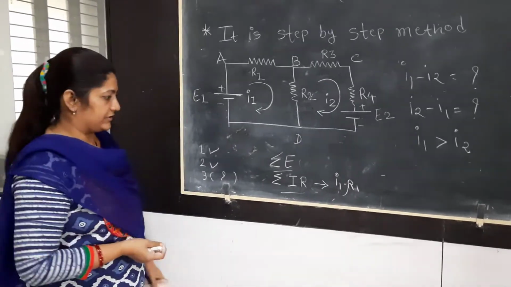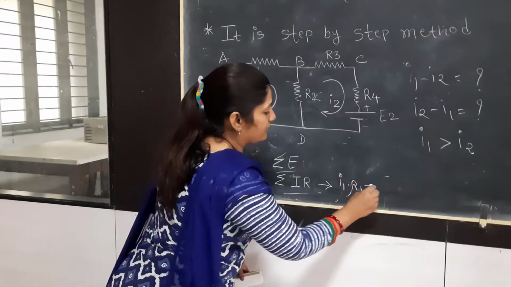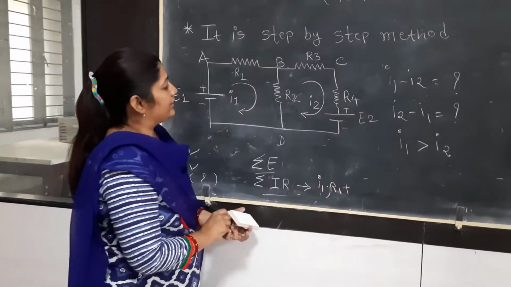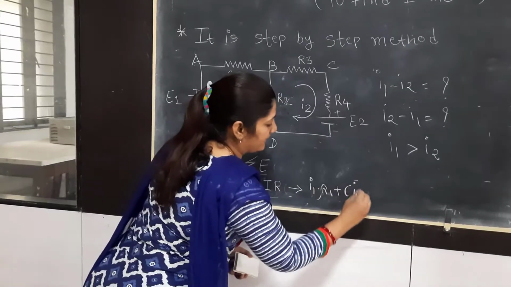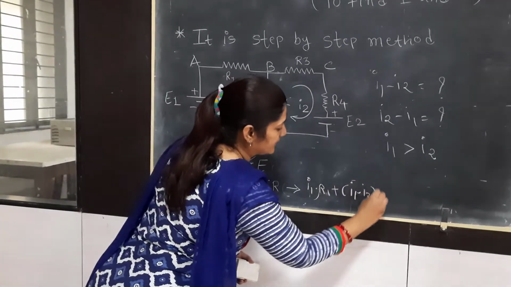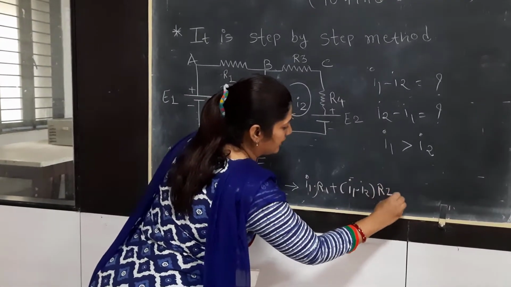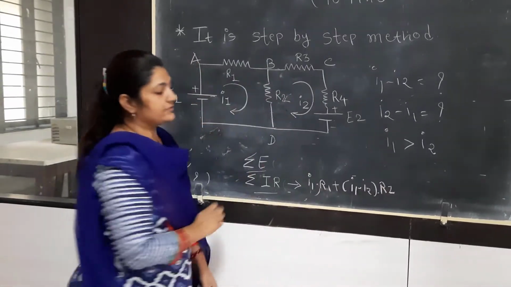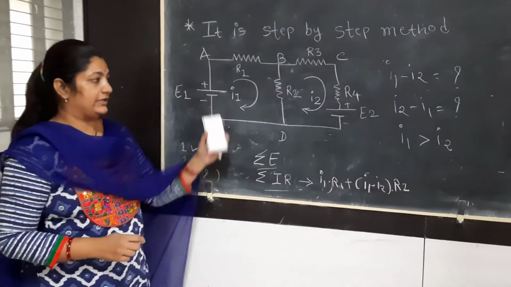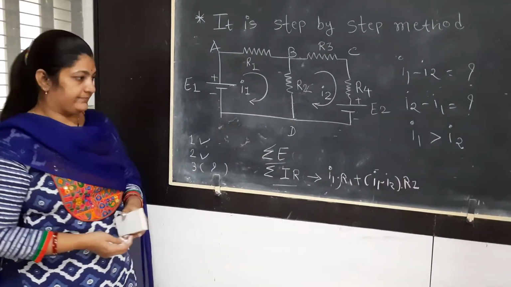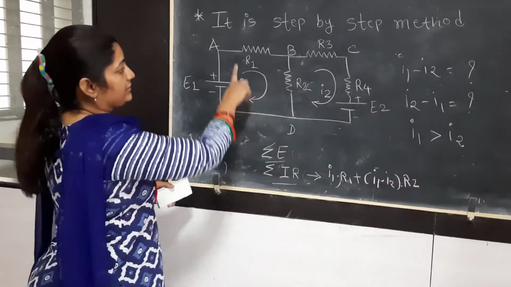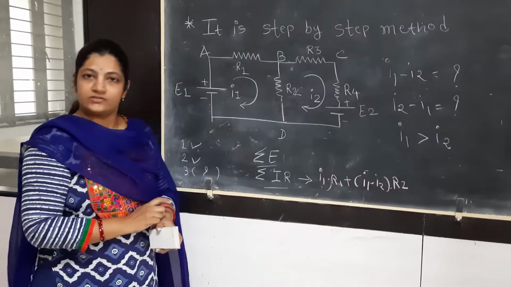So again, I would like to repeat, it is our assumption that the principal mesh current is higher than the second mesh current. So with this, another term for the drop for R2 is I1 minus I2 into R2. Already we have discussed why both are having a subtractive polarity as far as the direction of both currents is concerned. Okay, so the second element for the mesh is also covered.